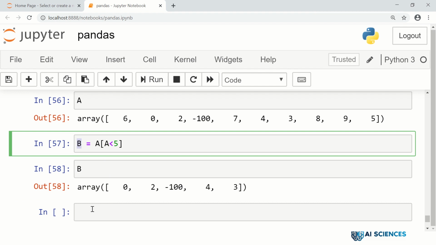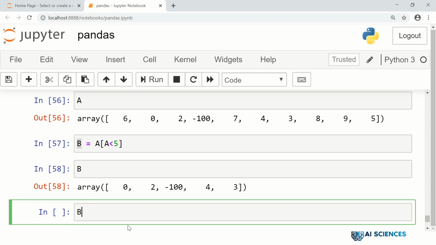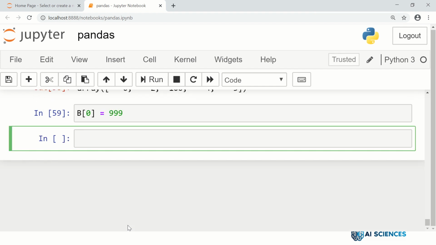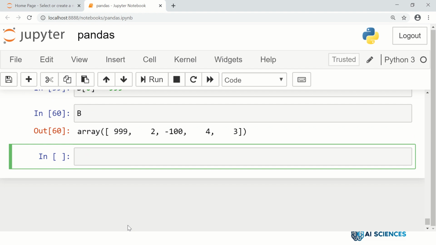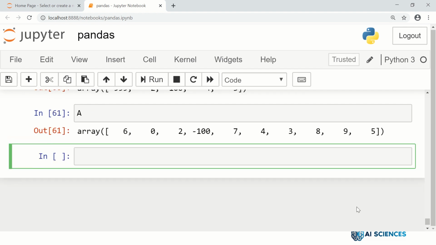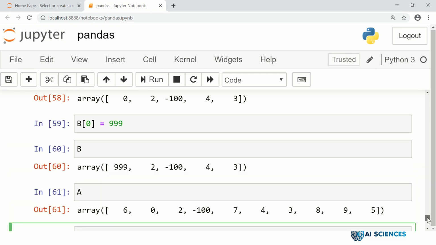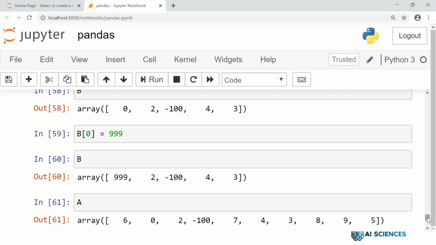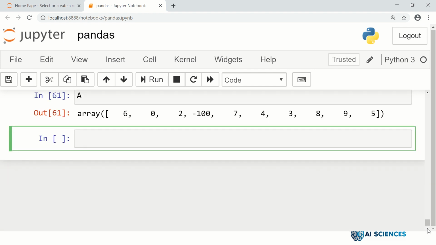By default it's a copy, it's no longer a view. Now if you change elements in b, let's change the element at 0 to 999. Now in b you will see that change, but this change will no longer be in a because that is a copy. So if you do this masking or fancy indexing,